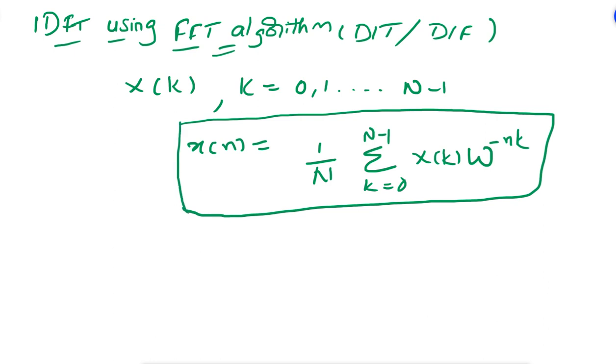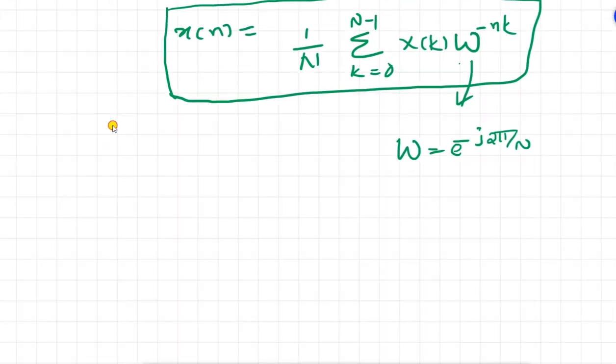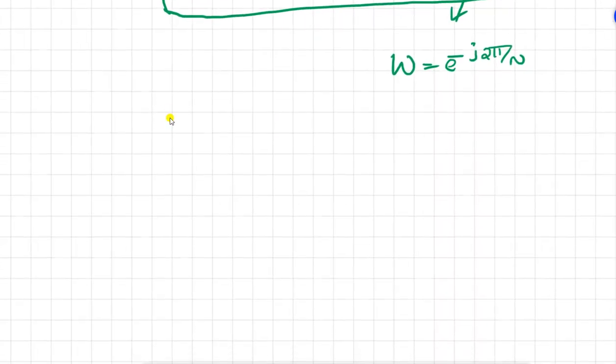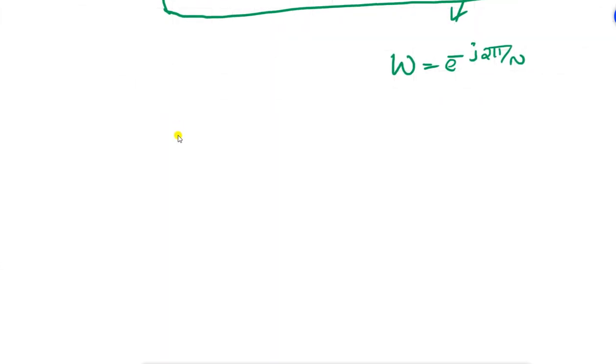Here W is nothing but a twiddle factor, which is W equal to e to the power of minus j 2 pi by N. Okay, so this is the inverse discrete Fourier transform formula. Now how can we calculate IDFT by using FFT algorithms? Okay, so first of all,